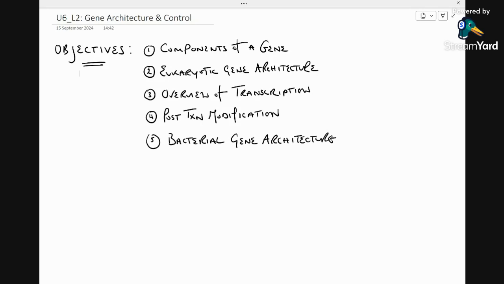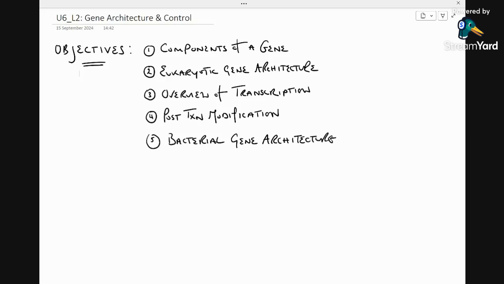So these are the objectives for this particular lesson. We're going to look at the component parts of a gene, a generic gene, I might add. We'll get to differences between prokaryotic and eukaryotic genes in a minute. We will look at the overall gross architecture of a generic eukaryotic protein coding gene. We will then do a quick recap, and I aim for it to be reasonably concise, as an